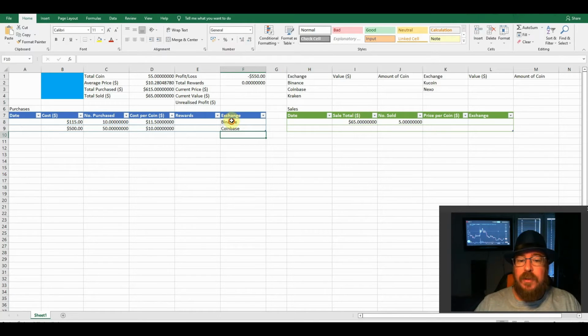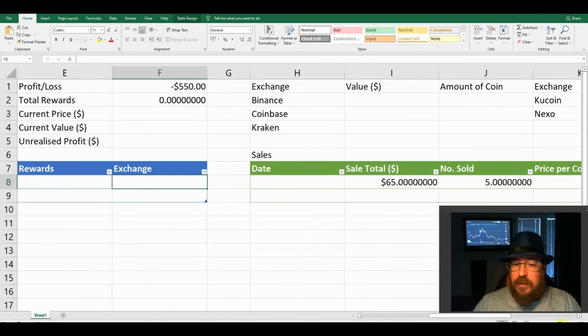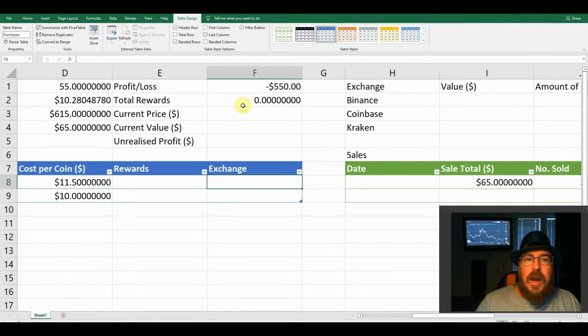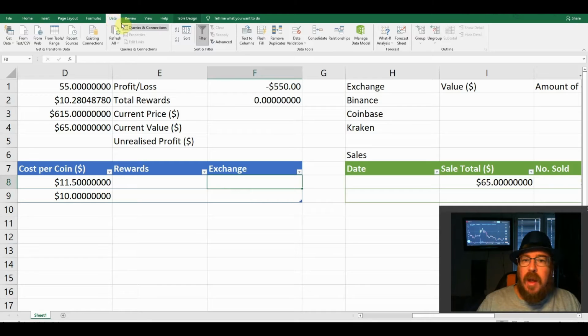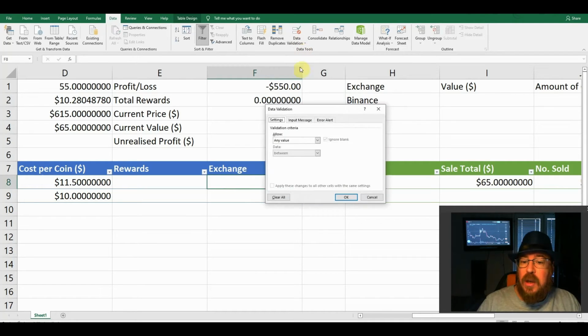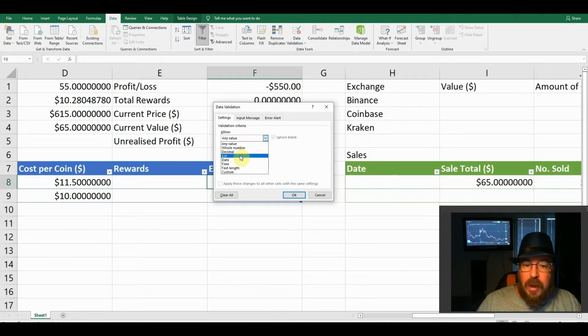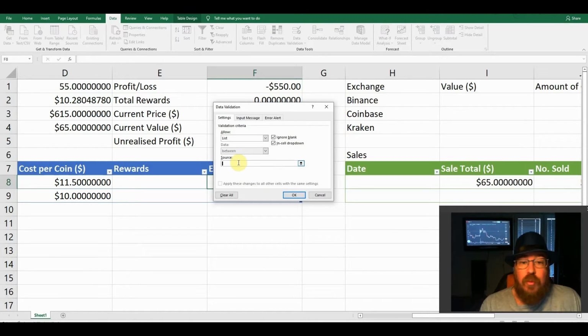In order to do that, firstly, let's just delete off these two and let's zoom in on that cell there. We're in F8. So now head to the Data tab. Scroll over and take a look for Data Validation. Hit the Data Validation. You'll come up with this drop box. Hit where it says allow, go for list,